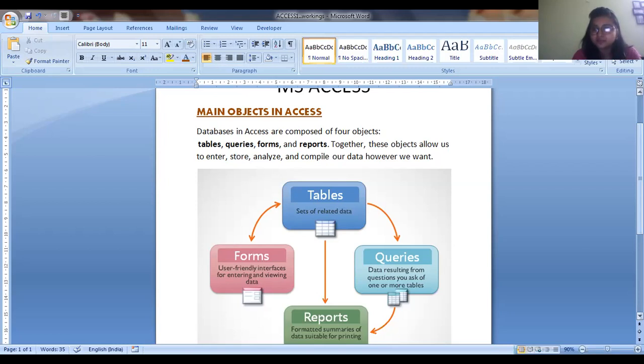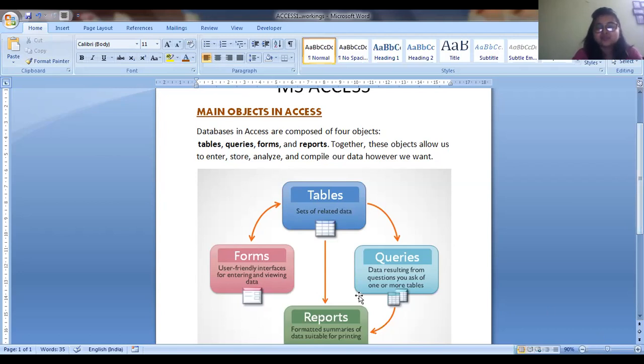To create that information, it needs to know what things are to be recorded for that particular student. Maybe the city where he lives, the email ID of parents, the previous marks obtained in the last school. Whatever is created as information for a particular person is created in tables. So tables are nothing but sets of related data.